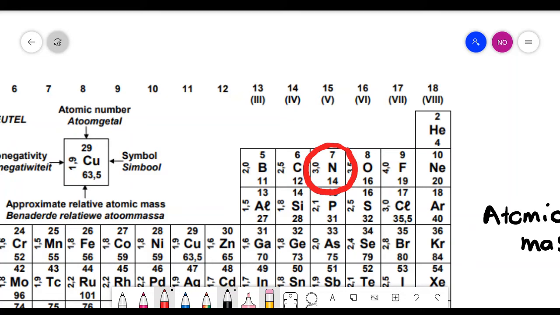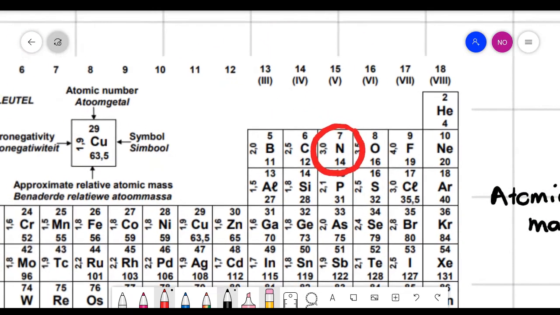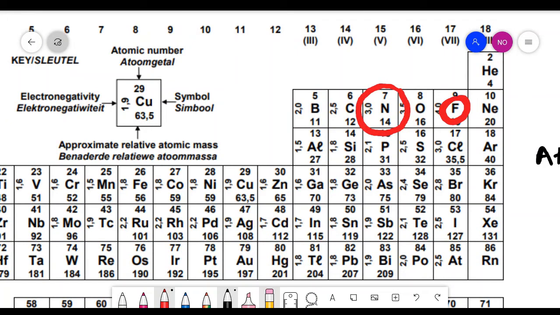Okay, so do you see when we're looking at atomic mass, it increases as we move down in the periodic table and it also increases as we move to the right of the periodic table. So you can't go comparing something here with something on this side. You compare something and then you move to the right and you move downwards and you will see that it